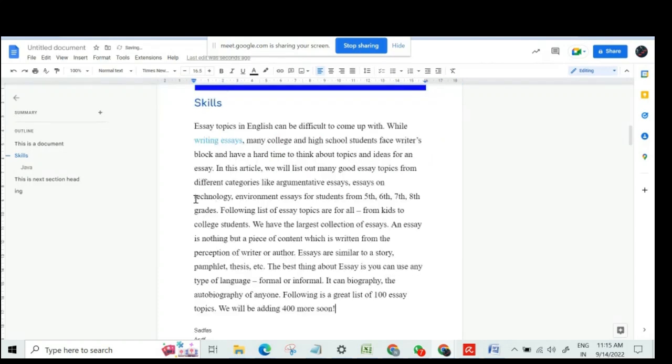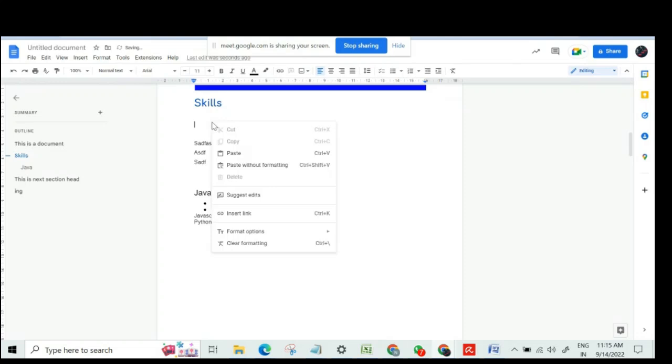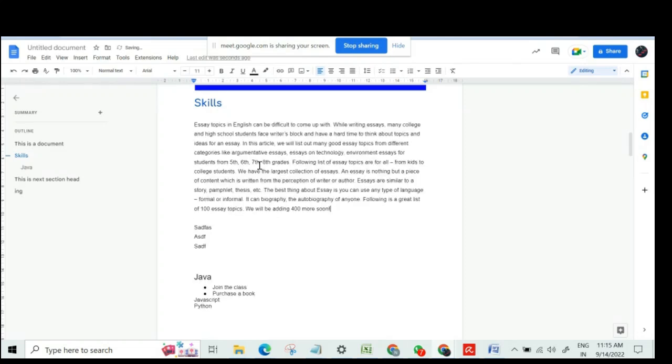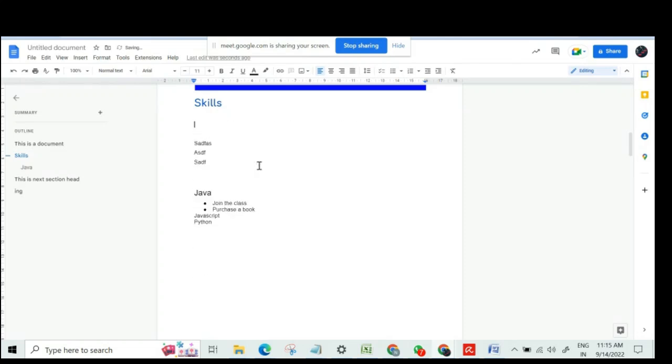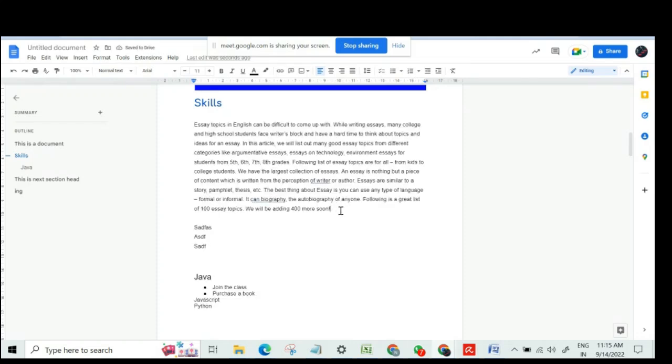उस वाले डॉक्यूमेंट से उनने कुछ फॉर्मेट लेकर आया और उन्होंने यहाँ पे पेस्ट किया है। अब if I don't want to keep this format, right? मैं चाहता हूँ कि वो सिर्फ टेक्स्ट पेस्ट हो, तो अगेन एक ऑप्शन तो ये होता है कि आप यहाँ जाते हो और पेस्ट विदाउट फॉर्मेटिंग कर देते हो। The same thing you can achieve with Ctrl Shift V. तो अब ये मैंने टेक्स्ट कॉपी कर लिया है, इसमें कोई फॉर्मेट नहीं आया है।